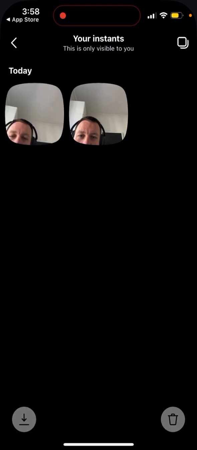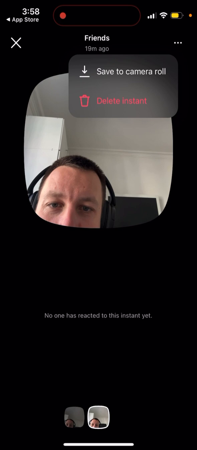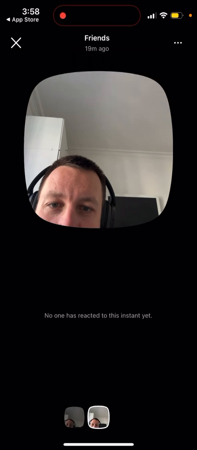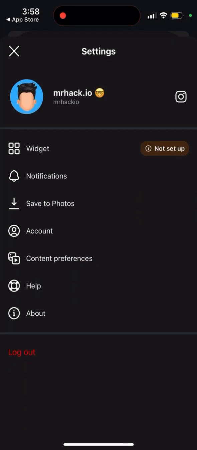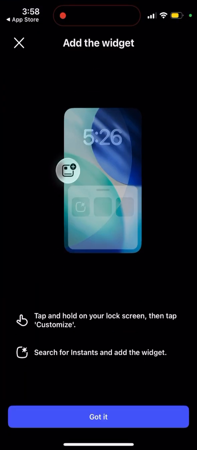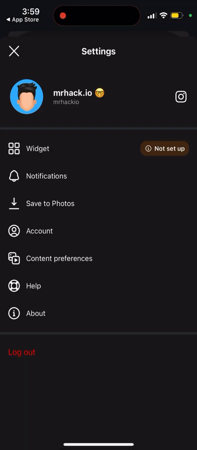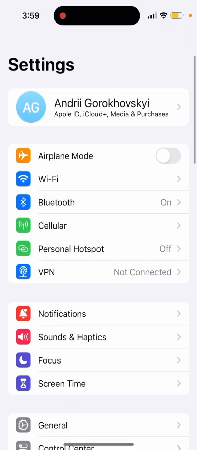Then you can just select it, you can tap the three dots here, save to the camera roll, or just delete it if you want, so super easy, and that's it. You can also then add a lock screen widget, only a lock screen widget, not home screen. So you can just add it to your lock screen if you go through your settings, and then for example you just